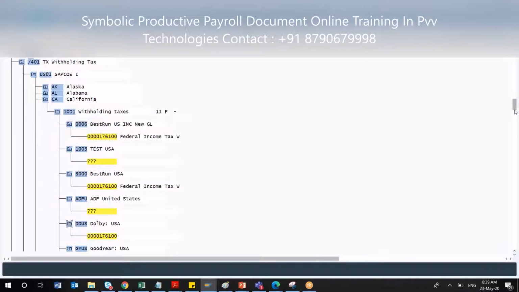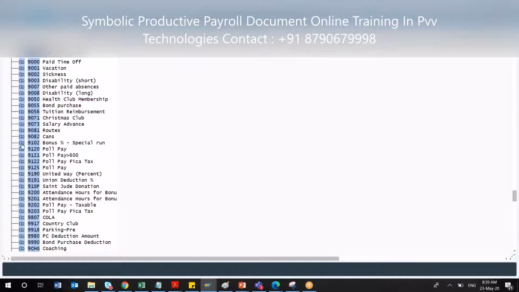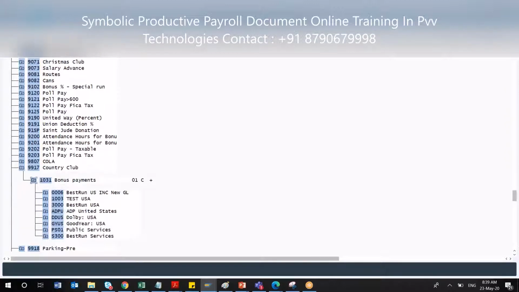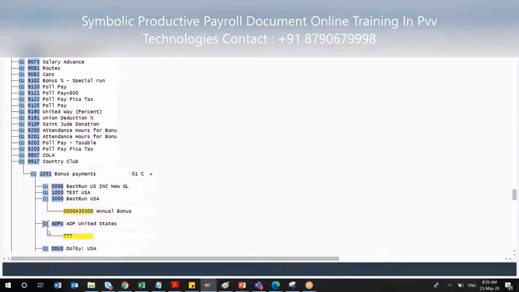Okay, so how it is connected to each other, symbolic account, all this GL and all, I can view it here. Same goes with a normal wage type. For a normal wage type, suppose I would like to see for country, club or anything, I can see this is my wage type for bonus payment. Under bonus payment, again there are different ones the system people have created, and if it is not assigned, it will be a question mark here. Otherwise, for a company code, say 3000, they have assigned it to this particular GL. All this assignment you can always come here and see, once it is configured.